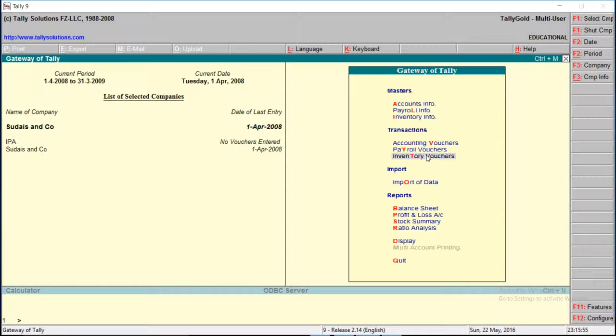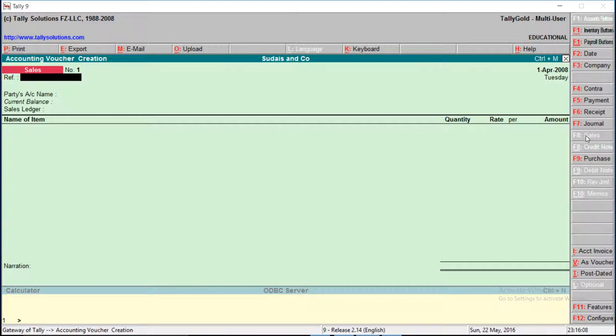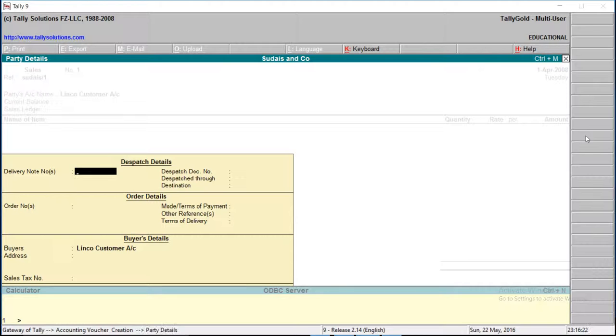Now after creation of the sale order, go to accounting voucher in the same transaction menu, click on accounting voucher, select sales from the right menu. Sales means invoice. Reference Sudesh/1, Linko customer account.